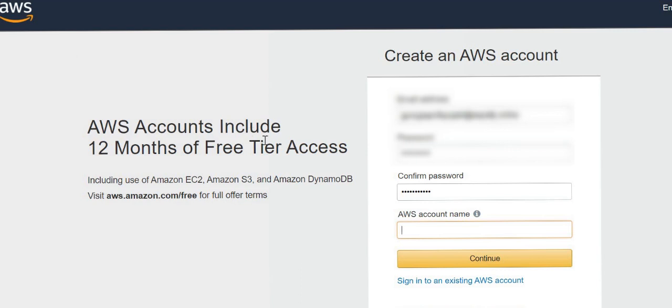And give your account name as you like. So here I am giving CloudBus, my channel name. You can give your own name, or whatever you like. Later on you can change your name, so don't worry about this name, it is optional. So as of now, creating account you should give here. Then later on you proceed with continue.